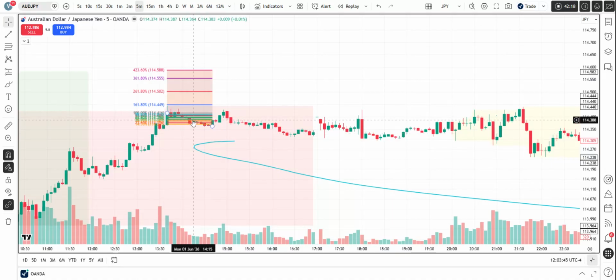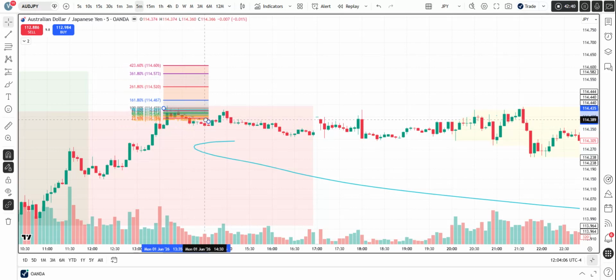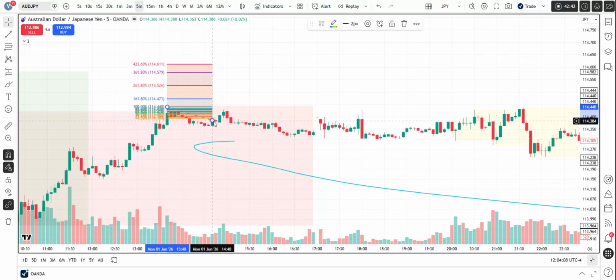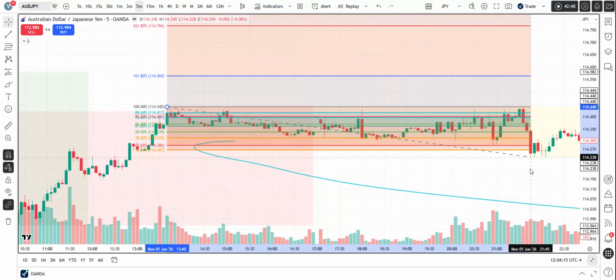So, around in here is 886, and you see after it keeps going to around in here, every time it gets around in there, it'll start to come down, even though you can't see it on here. Yeah, because every time it comes down, the further it comes down, that's where you're supposed to